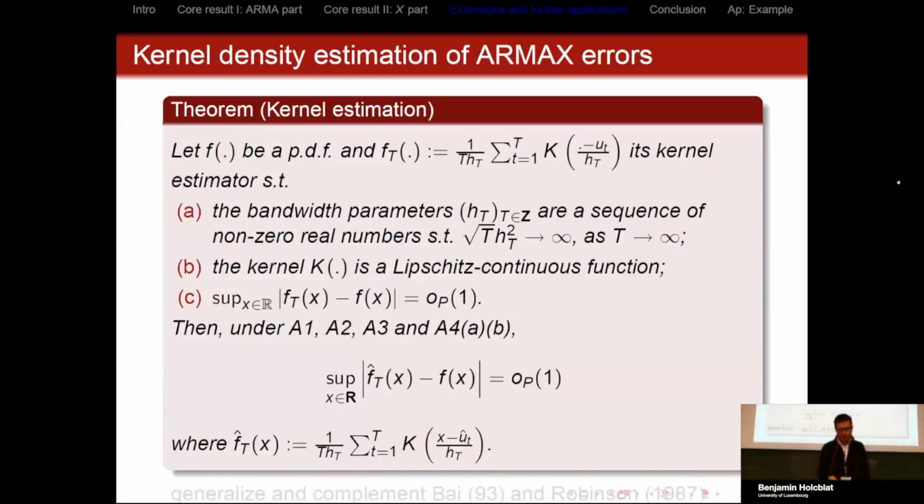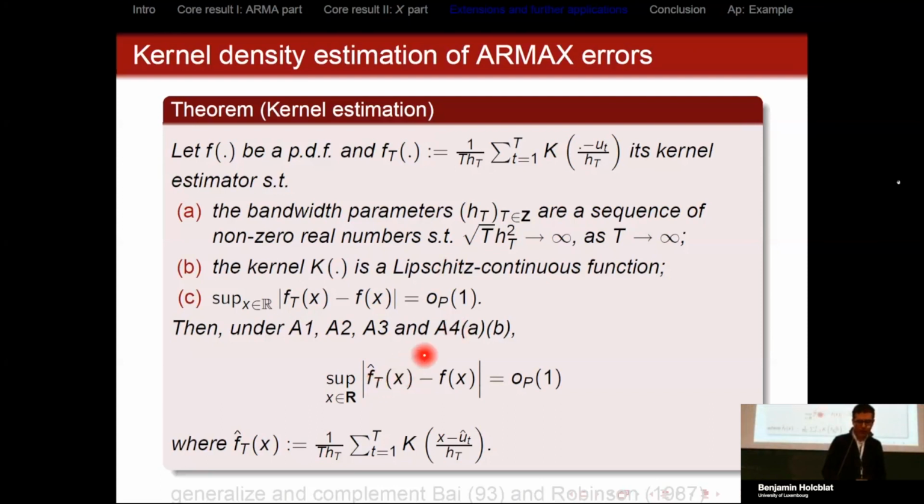And maybe let's provide an application for people who are interested in kernel estimation. Often, and Markana had a talk where they assume exchangeability, but when you have time series, when you have dependence, first you need to extract the dependence, for example using an ARMA, and then it means that you are working with the residuals. And if you want to estimate the kernel density, you need to make sure that it works, because again, you are replacing the error term by the residuals. And here we have a relatively general result